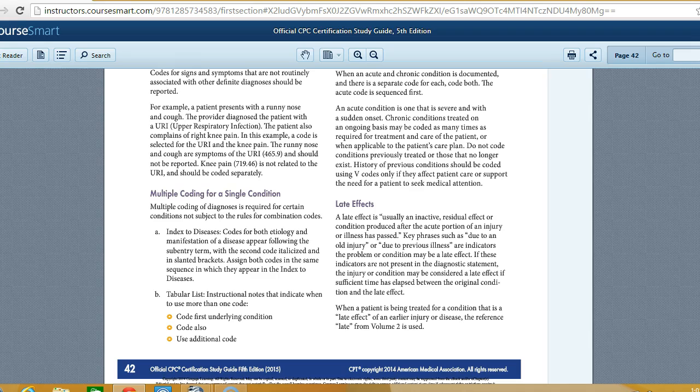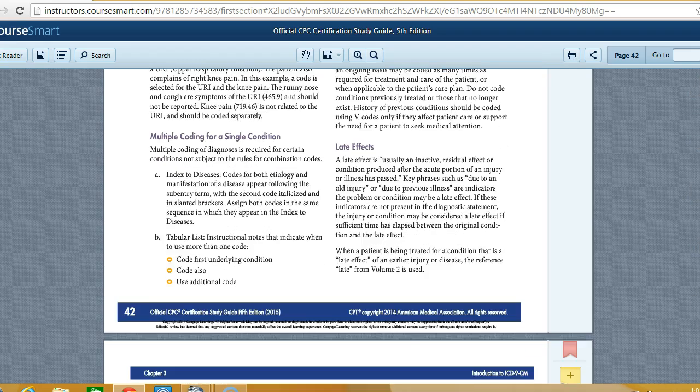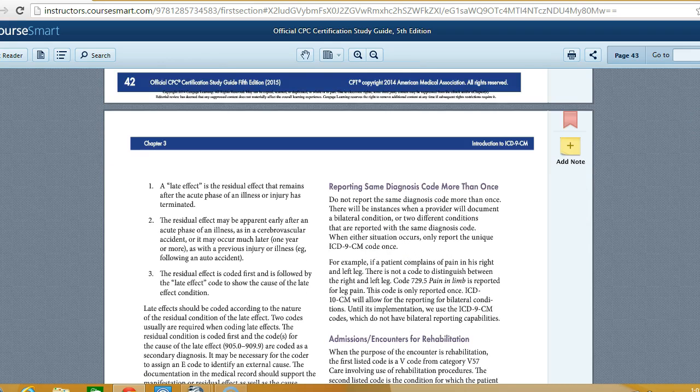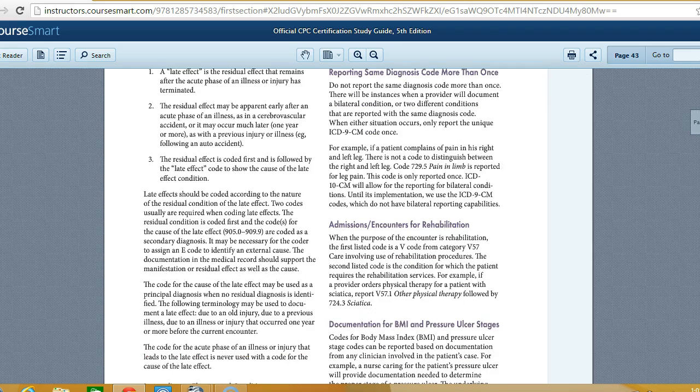And the late effect of that contracture, which would have been that old fracture, would be coded secondary. Okay. So the actual ongoing problem is coded first. Then to let them know that it's a late effect would be coded second. All right. Late effect is that residual that remains after the initial injury, y'all. If you have a patient coming in